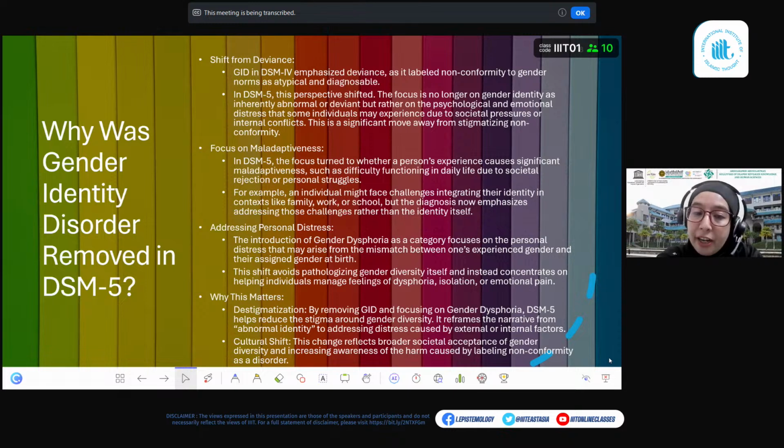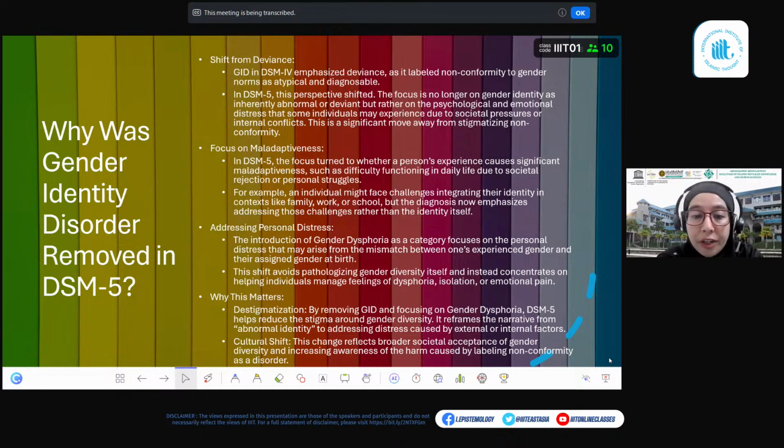However, by the time DSM-5 was published in 2013, and by now, 2024, we already have DSM-5-TR, or DSM-5 text revision, about 20 years after DSM-4 was published, this category, gender identity disorder, was removed and replaced with gender dysphoria. This change reflects a shift in focus. Instead of viewing someone's identity as inherently disordered or deviant,